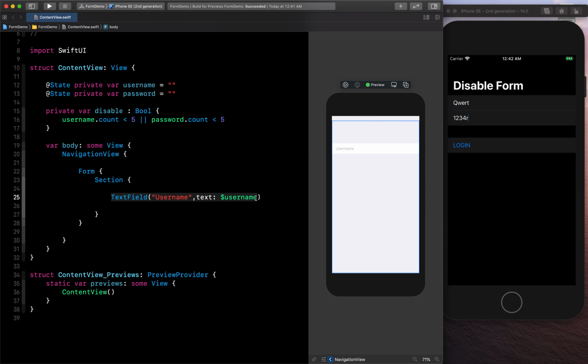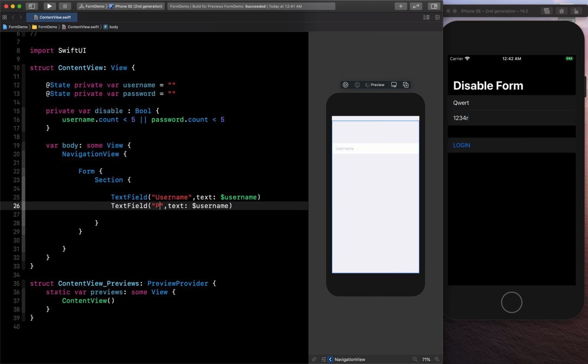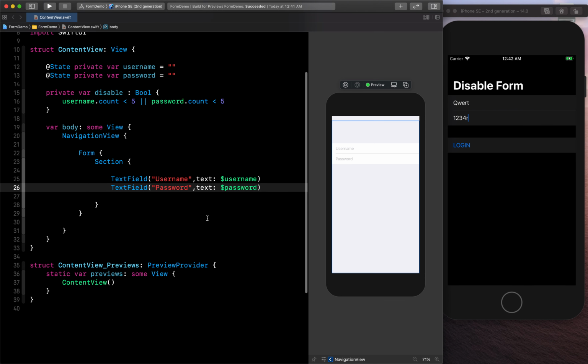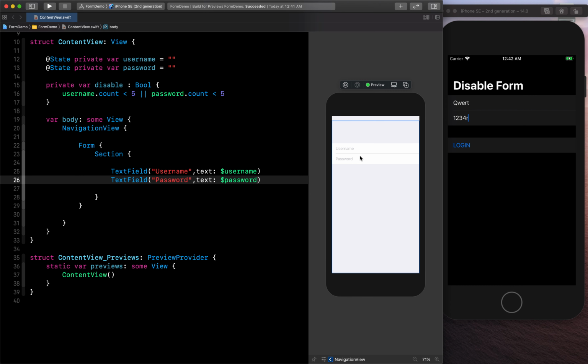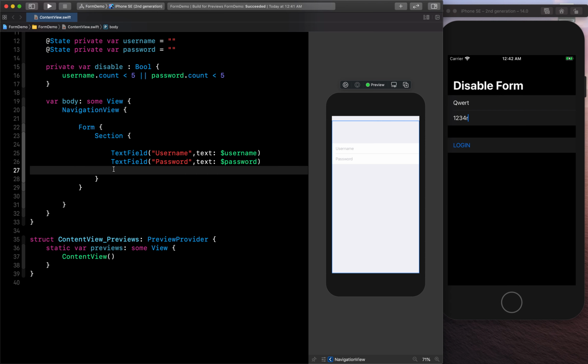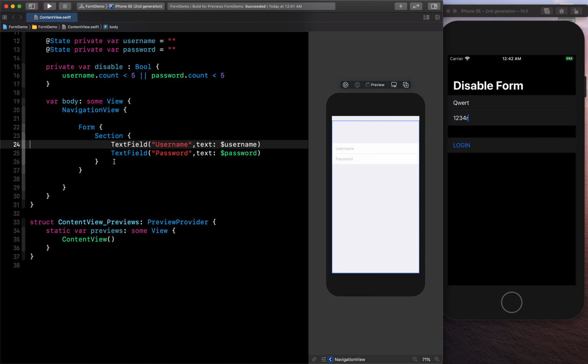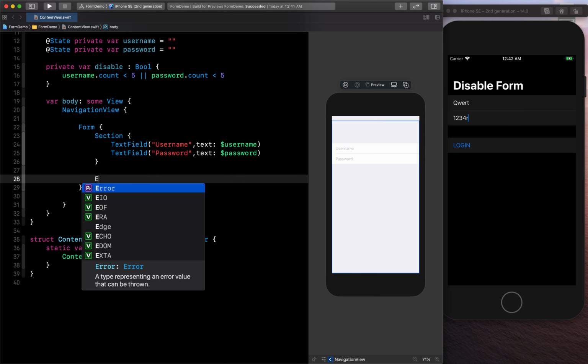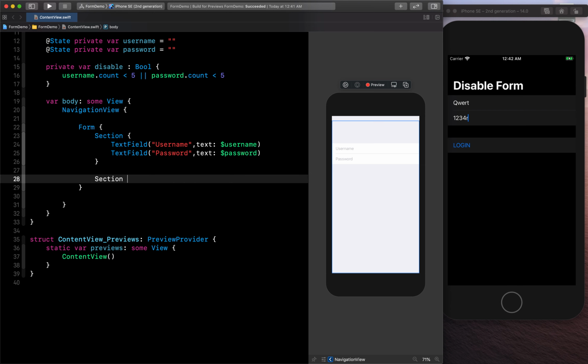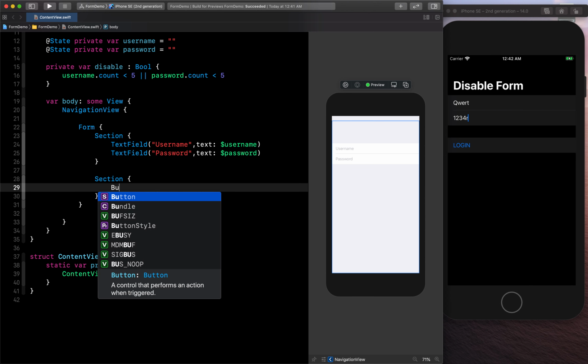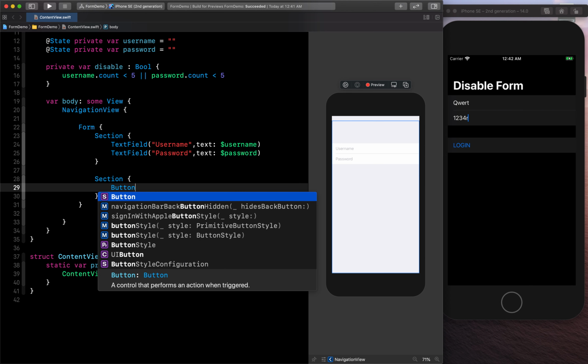Same I have to use for the password, so let's copy paste that. Password. So this is our username and password text field. Now I want to use one more section for this login part, so just remove the extra spacing from here. Okay, now let's create a second section, and inside this I will have one button, and this button's title will